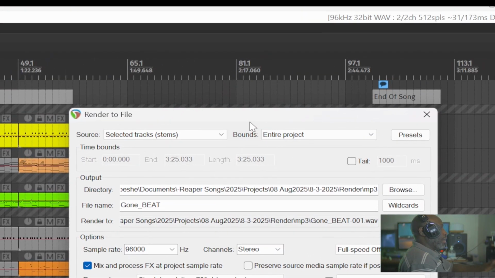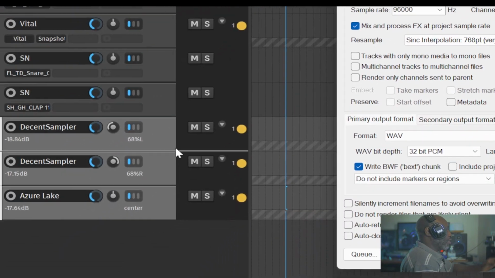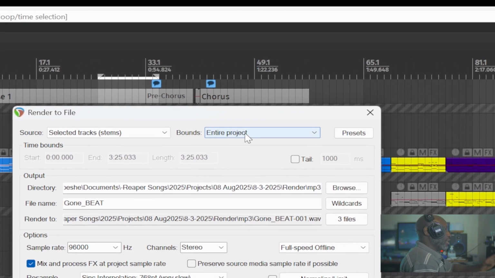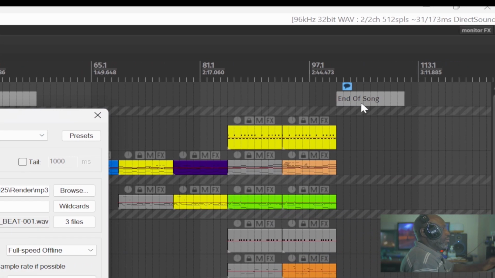And up here now, we can also select the range. Right now it is set up to render these 3 tracks as separate stems, but it's going to do the entire track from start to finish. What Reaper deems as the entire project is basically all the way to the end of the last piece of media, whether it's video, an image, a MIDI file, an audio file, and even right here at the end,